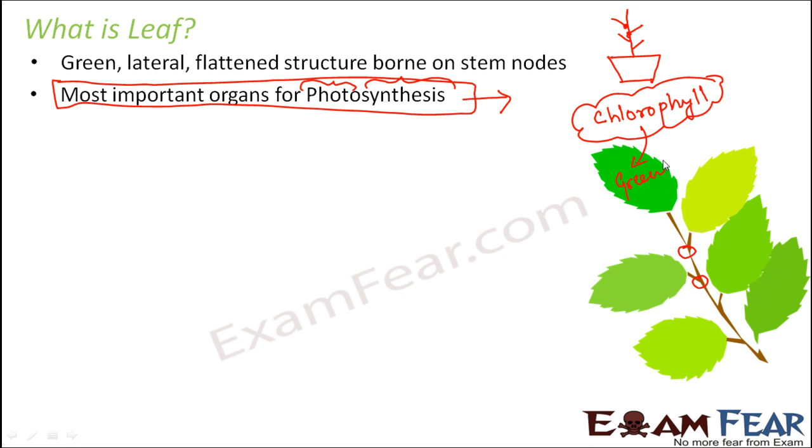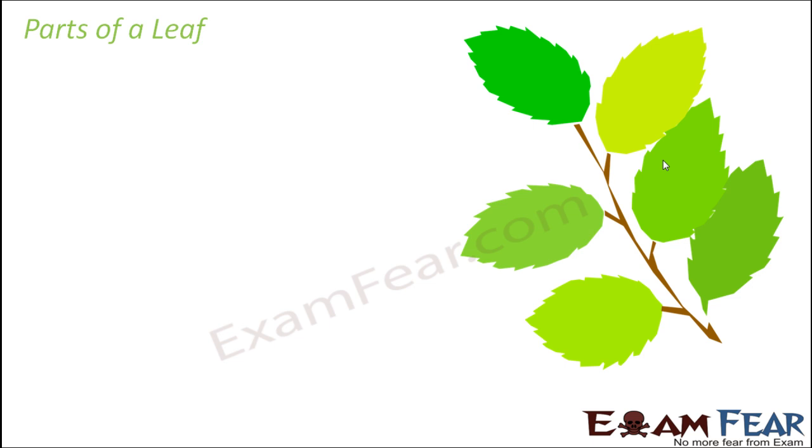If there are no leaves in a plant in general, photosynthesis will not be able to take place. However, as I was telling you, in some exceptional plants, stems might also be modified to perform photosynthesis. But in a general scenario, leaves will perform photosynthesis. If leaves are not there, plants will not be able to perform photosynthesis. If photosynthesis is not taking place, that means the plant is not able to prepare its food. So the plants will tend to become weaker. The plants can even die due to lack of food. So leaf is very critical.